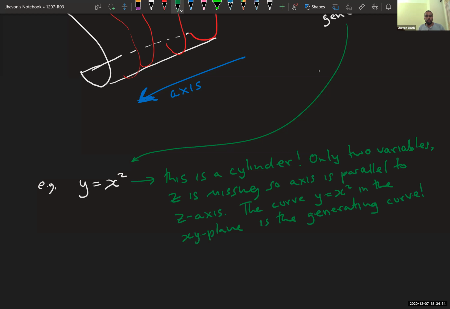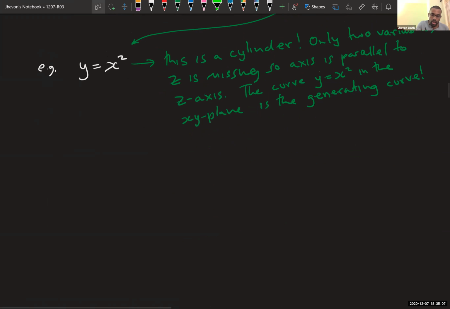So this brings you to the first major lesson. The trick to being able to sketch something very nicely in 3D is to be able to sketch things very well in 2D, which is the whole reason why I went over conic sections, as we're going to see. So I know what y equals x squared looks like in the xy plane. That's just this guy. So that is your generating curve, which means if I go to 3 space,